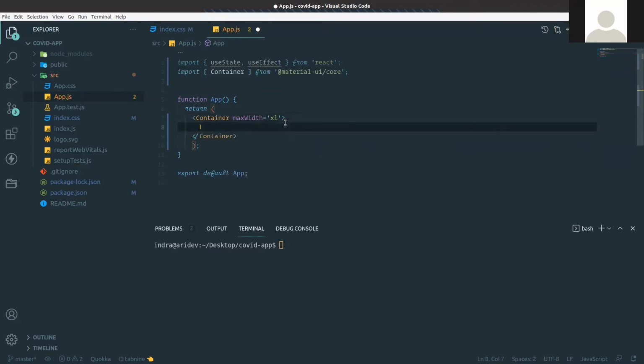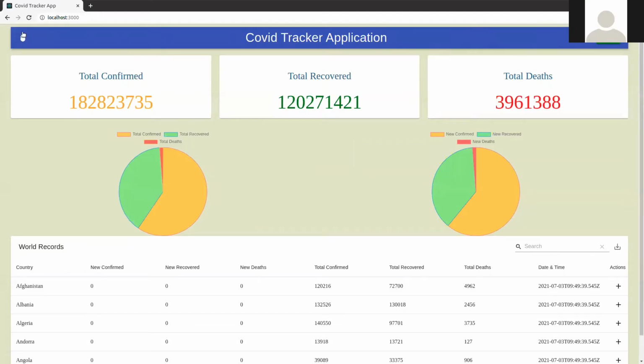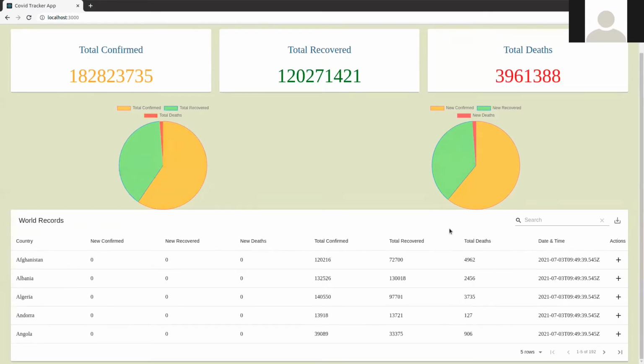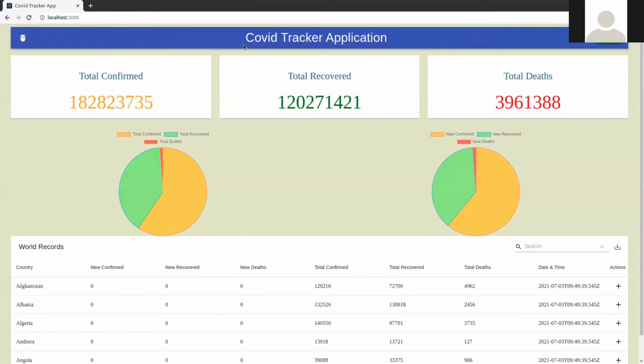Okay, so I'm creating this tag. Most of the HTML, I mean JSX things, I'm going to copy and paste, because this will take time, so I'm not going to waste any time. So the first thing is navbar, second is showcase, third is chart, and last one is table. These four components we're going to build. Okay, so these are the components. Okay, let's start.